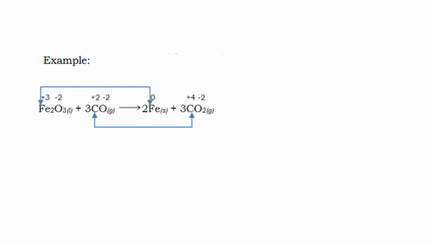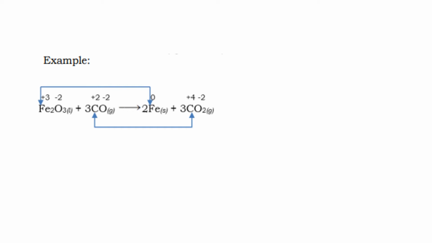So the coefficients 3, 2, and 3 are added coefficients to balance the equation. To balance a redox reaction is to balance first the number of atoms of all the elements in both sides of the equation. Then